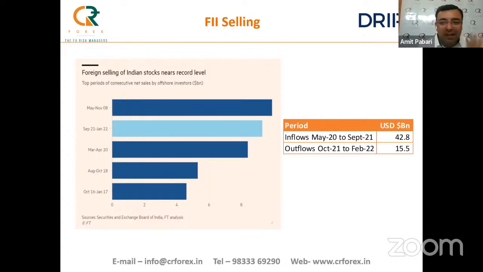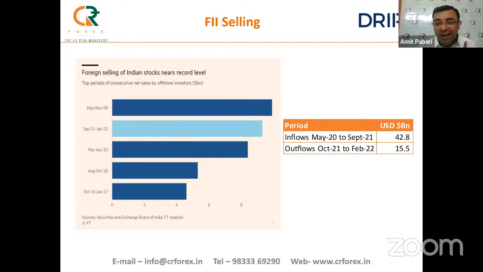सब जगह पैसा ही पैसा था, कुछ भी कोई भी स्क्रिप्ट बाय करो हर दिन ऊपर. Why? Because FII were putting money, DII were putting money. $45 बिलियन जो गोल्डन टाइम था वहां पे आए. फिर गोल्डन टाइम खत्म हो गया अक्टूबर के, सितंबर के बाद से, जब फेड ने बोला कि हम लोग टेपरिंग करना स्टार्ट करेंगे. इन्फ्लेशन इज नॉट अ ट्रांजिटरी थिंग. अक्टूबर से लेके फेब तक 15 बिलियन साफ हो गया. अगर आप चार्ट देखेंगे